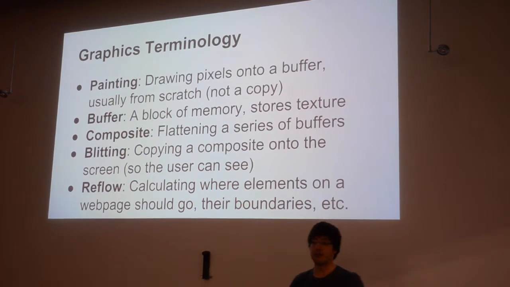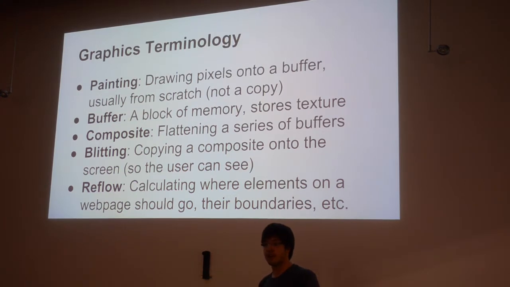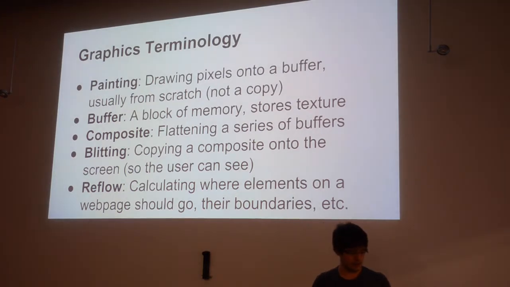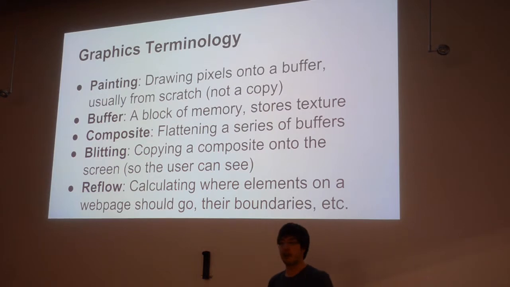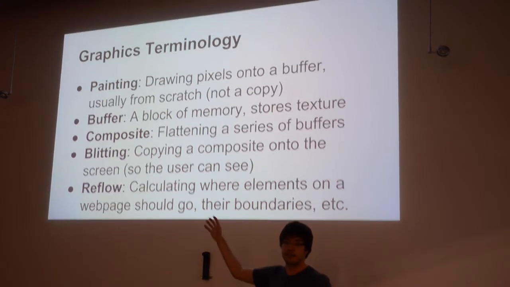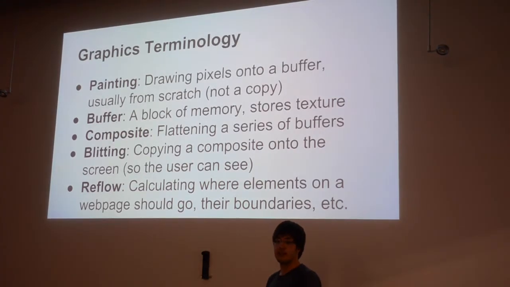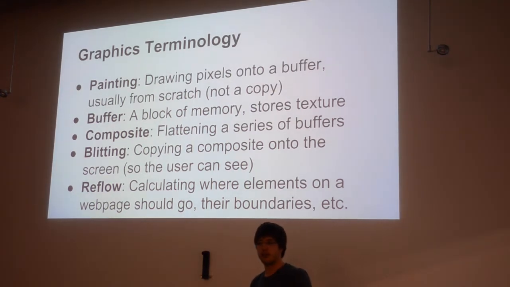Next, we have the concept of compositing, which is just flattening a series of buffers so that they're visible. I'm going to go over an example of this so you can understand this better. So let's just hold off on that for now. Next, we have blitting, which is copying a composited buffer onto the screen so that the user can actually see it. The reason this is different from just painting is because painting is typically done off-screen, or in an off-screen buffer. But then we actually have to show this stuff eventually to the user,